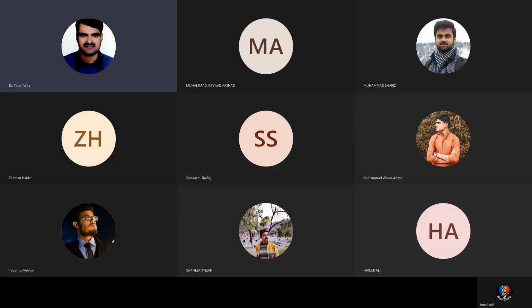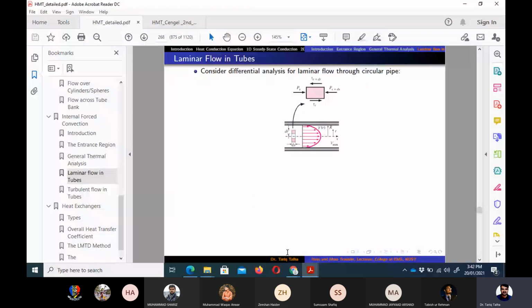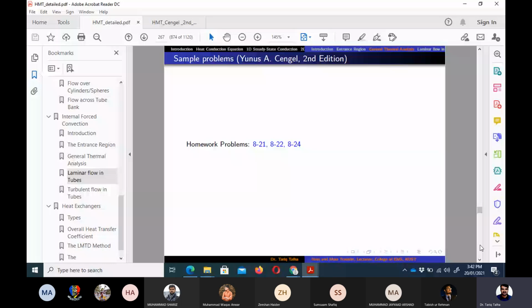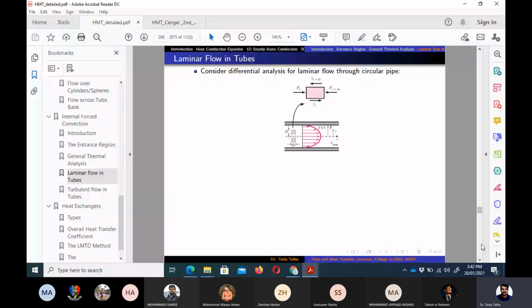We are discussing forced convection inside pipes in the lectures. Let me recap what we discussed yesterday. We discussed laminar flow in tubes or pipes. In this, we determined the velocity profile, because we know that if we do the